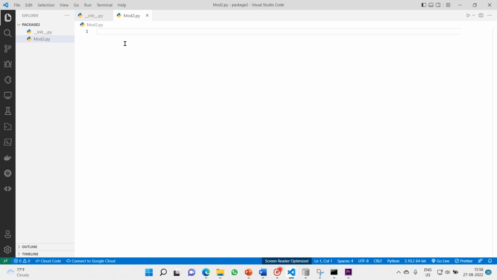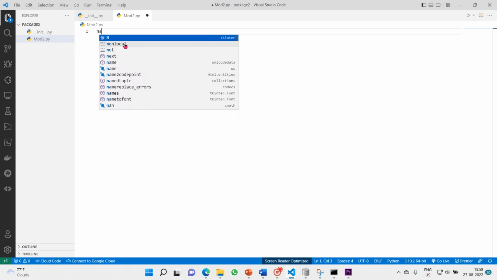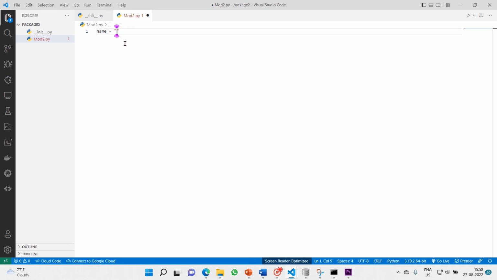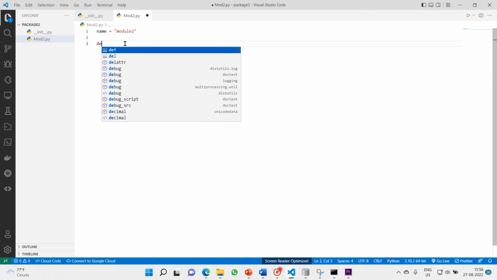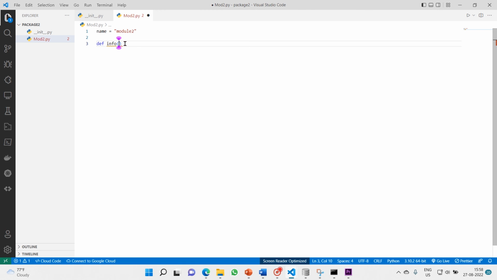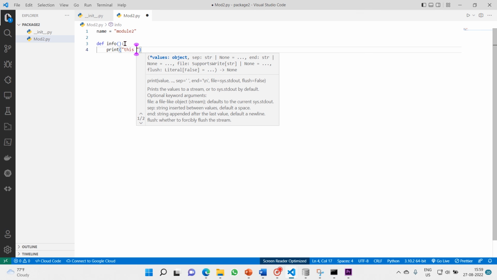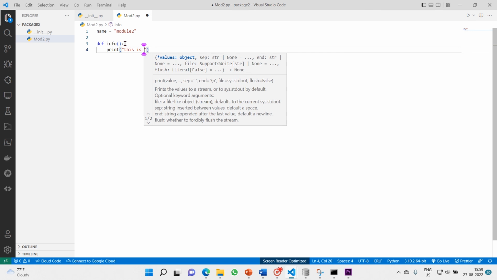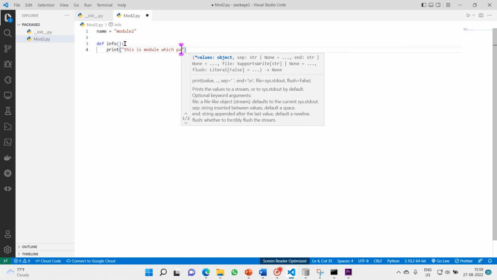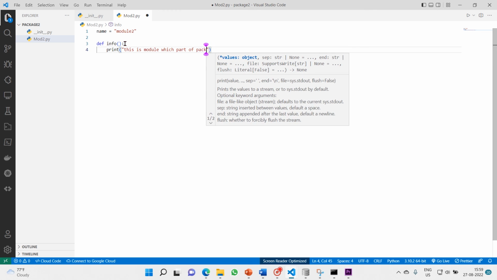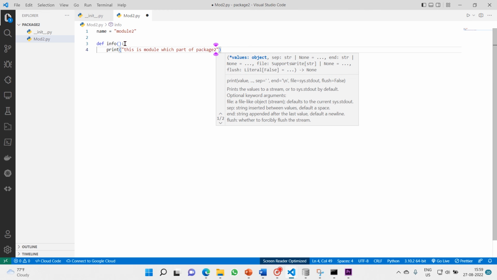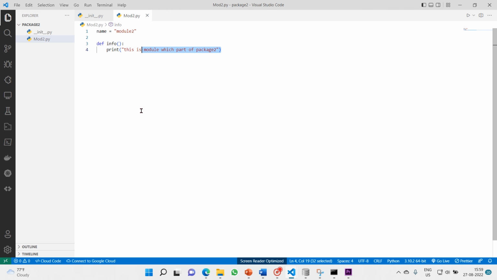Just add some attribute, name of this. This is module 2, and then info about this. This is print, and this is module which is part of package 2. That's it. We have created